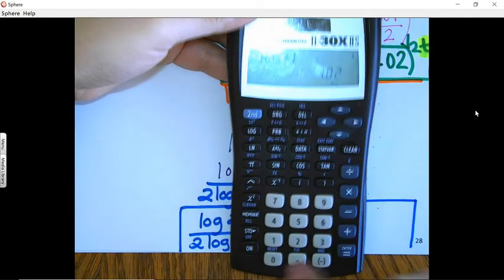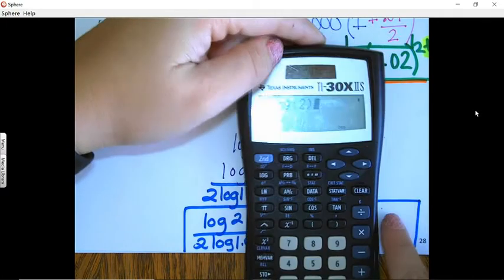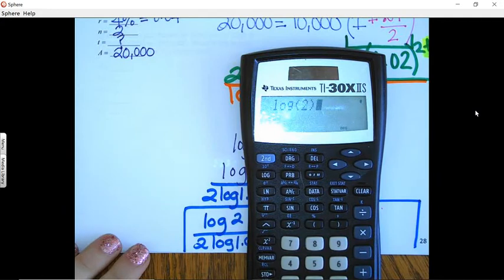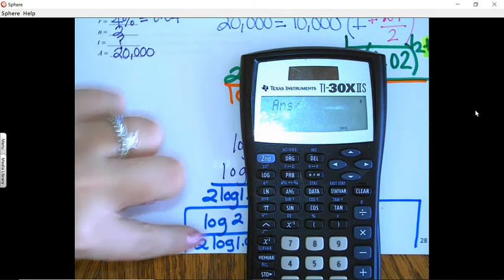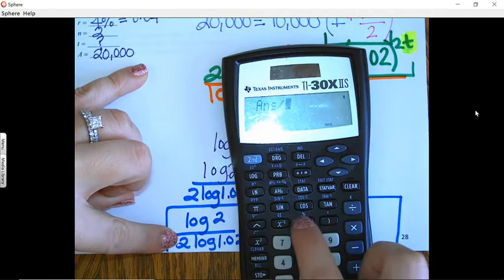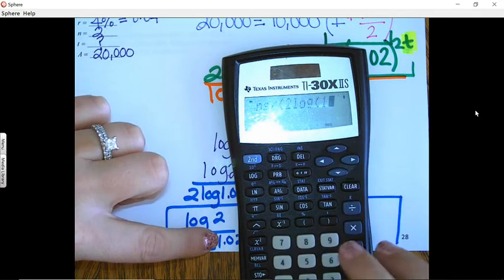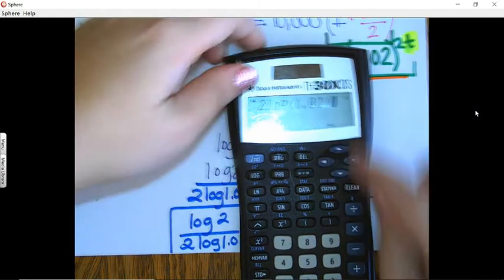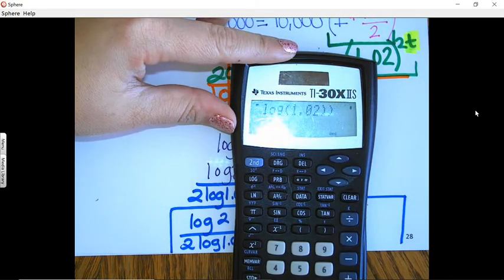To put this in your calculator, you're going to do log 2, and then you can click equals and then divide. Since there are 2 things, if you want to divide by both of them all together, you need to use parentheses. So divided by 2 log 1.02. I put a parenthesis to close that log, and then I need another parenthesis. So you did it correctly if you got